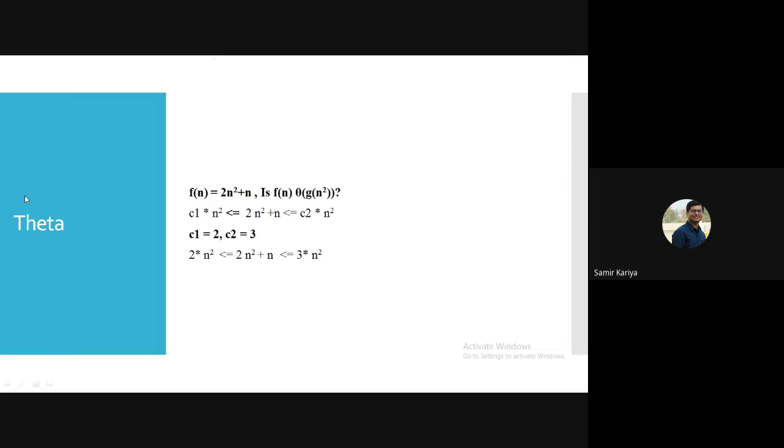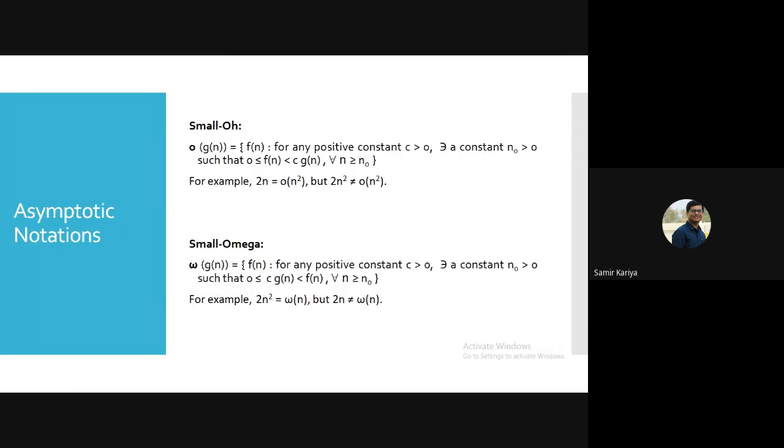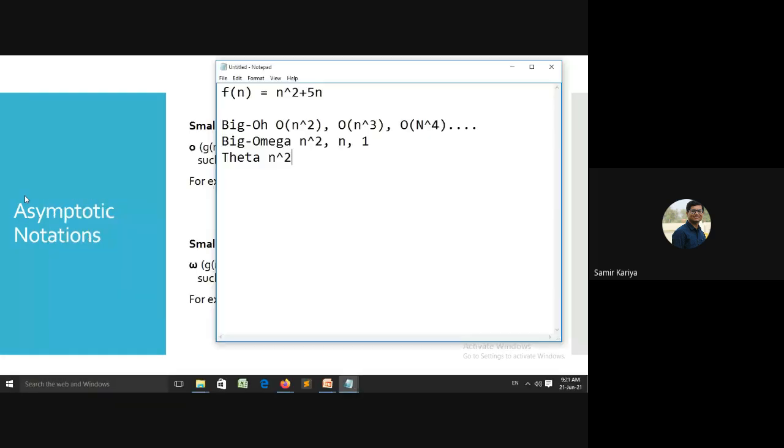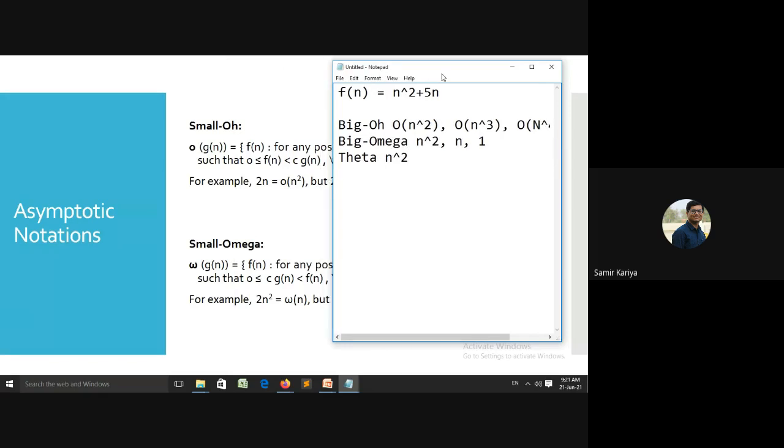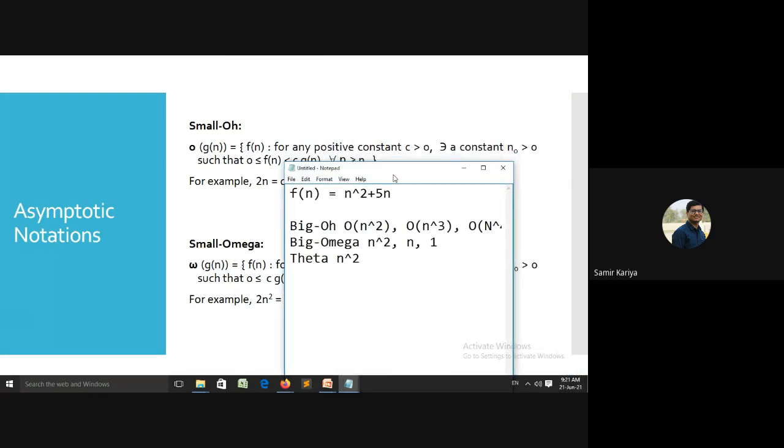Now let's see the example. Okay, only one example. Let's move to the next two notations, which are not in our syllabus, but I want to discuss them as part of your higher study or for competitive exams. The other two notations are small o and small omega. As I discussed in the last lecture, there are a total of 5 notations. First one, big O. Second one, big omega. Third one, theta. Fourth one, small o, and fifth one, small omega.